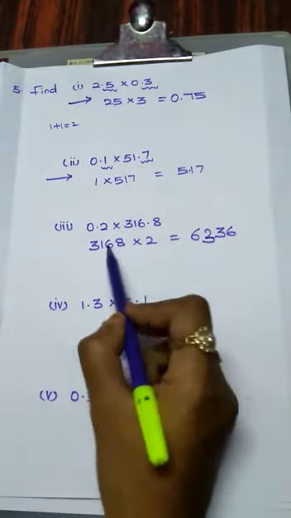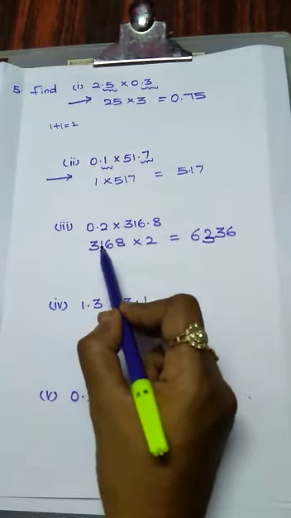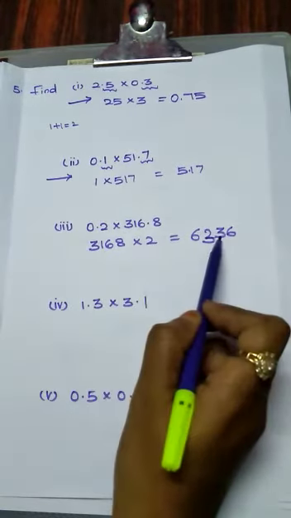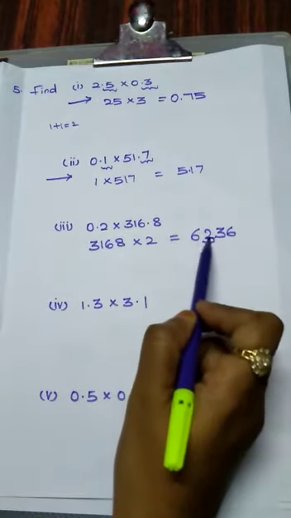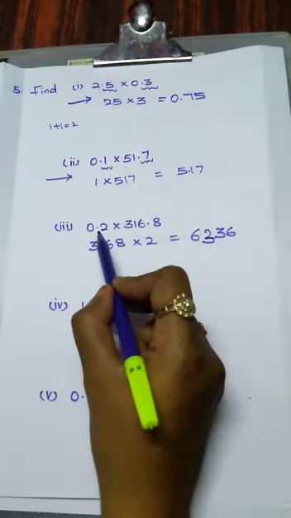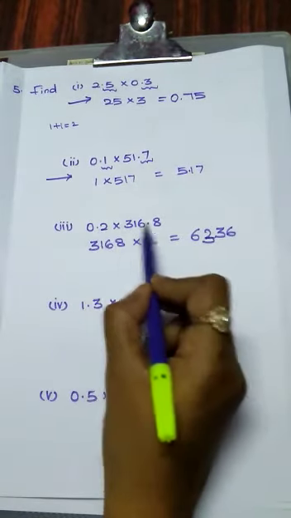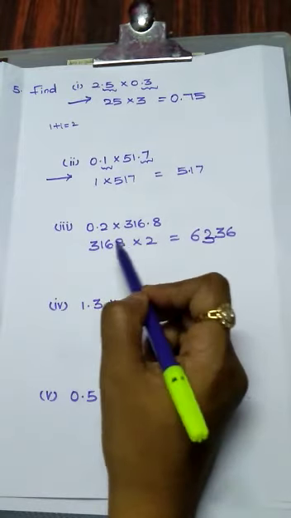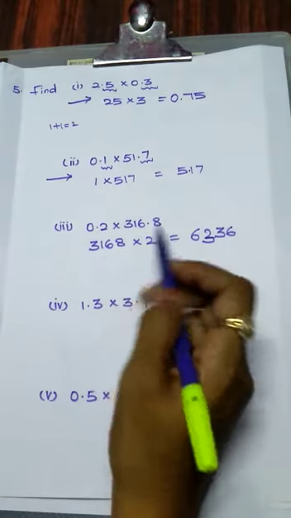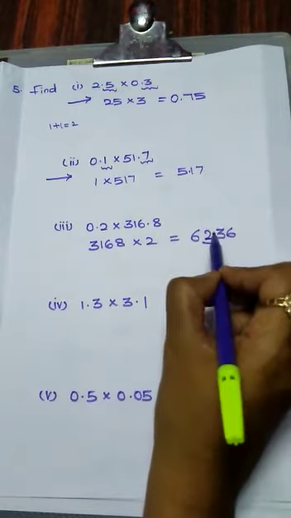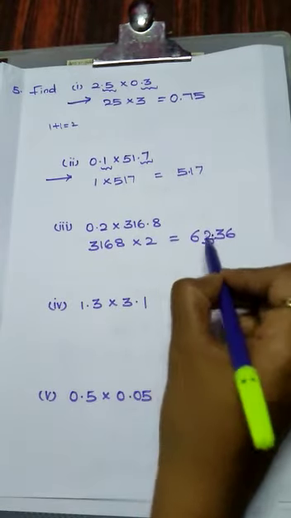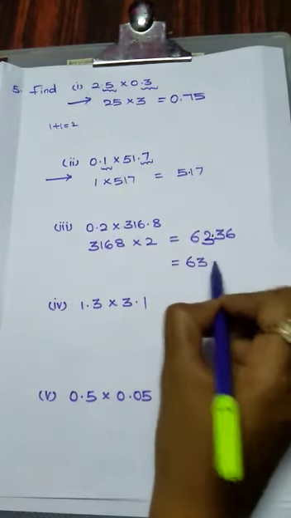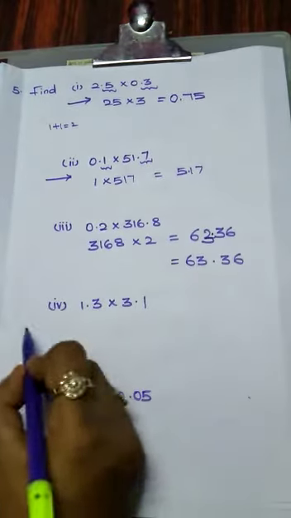First ignore the decimal point, directly take the value 3168 into 2. Multiply the values. The answer is 6336. Now count the decimal point. Here we have one value, here also we have one value. 1 plus 1 is equal to 2. So we have to move towards left only. So 2 places, no. So the answer is 63.36. Okay. The next problem,